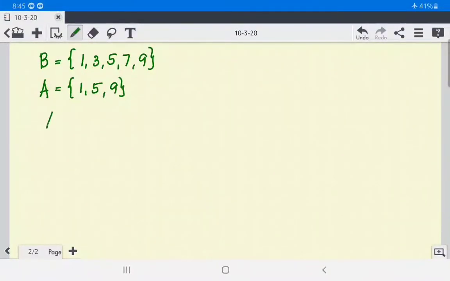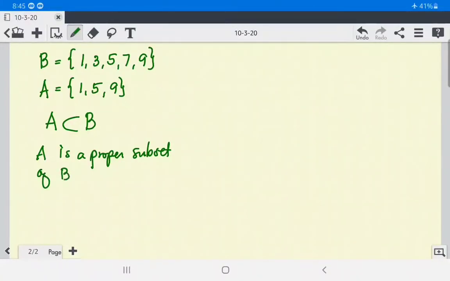So we can say that A is a proper subset of B. So that is in symbol, and then we read that as A is a proper subset of B. Okay,